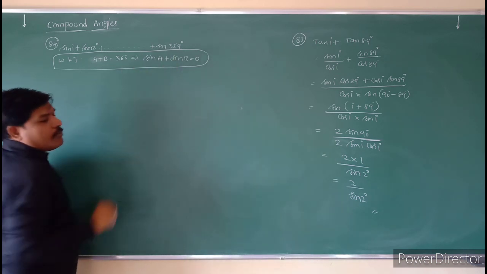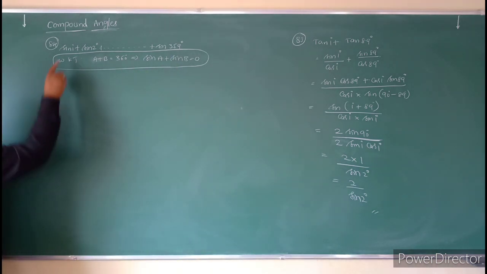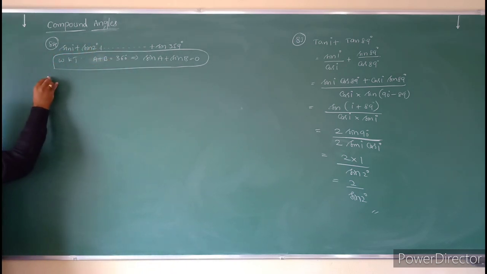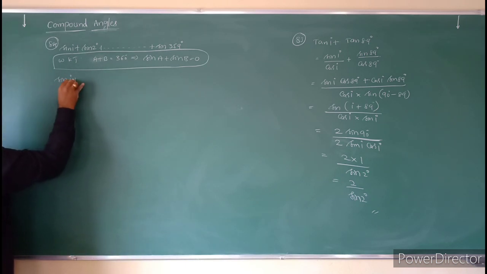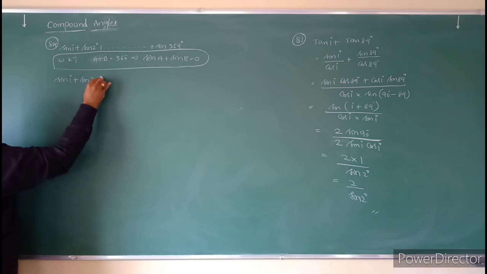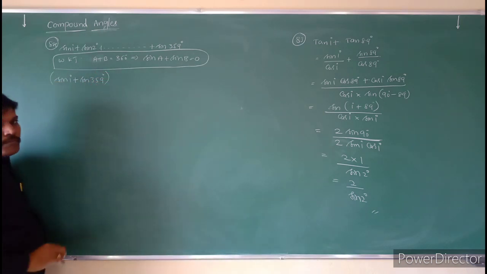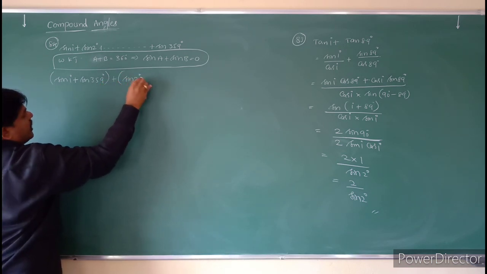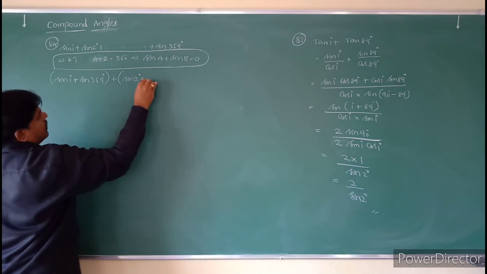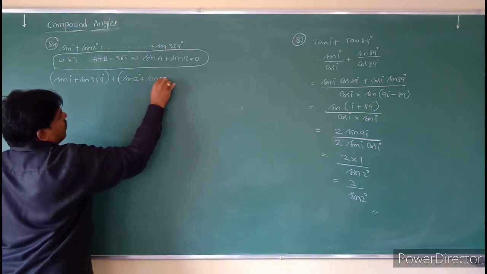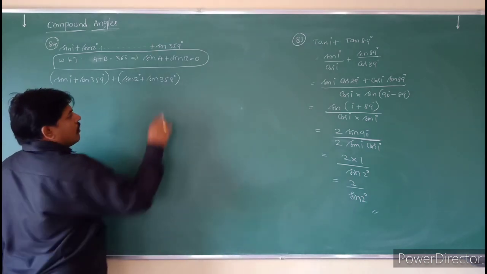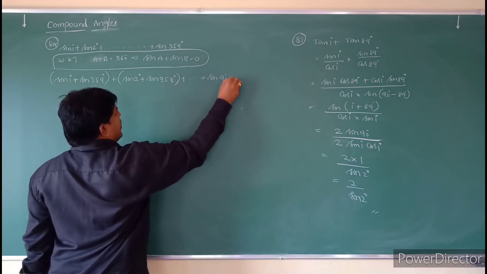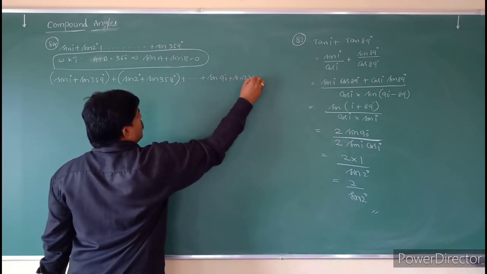Plus sin a minus sin a will be cancelled, it will become 0. So here, what combinations will you get? 1 to 359 adds up to 360 degrees. So sine 1 degree plus sine 359 degrees: this sum is 360, so automatically this term will become 0. Next, sine 2 degrees plus sine 358 degrees. Yes or no? And so on, plus sine 90 degrees plus sine 270 degrees.